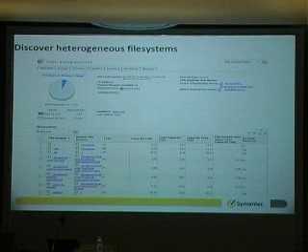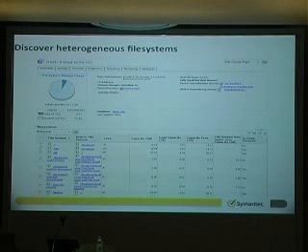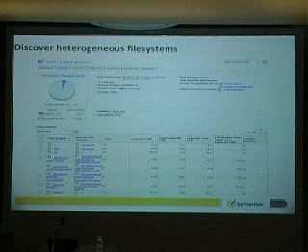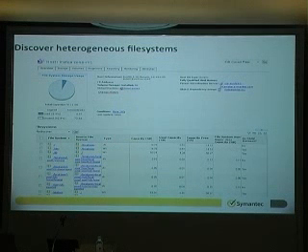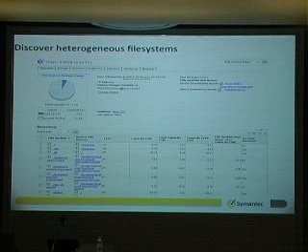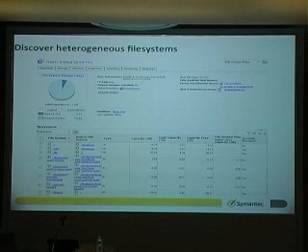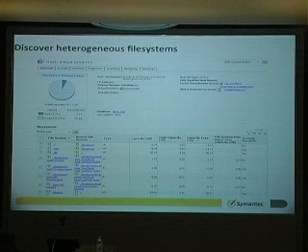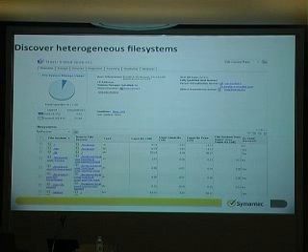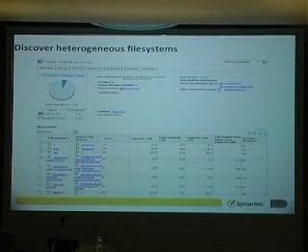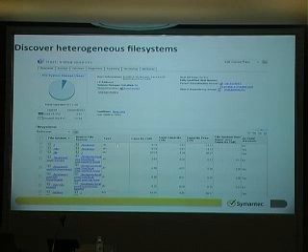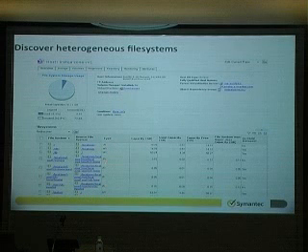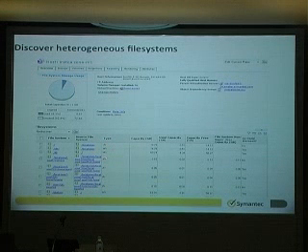If you drill into a host, for example, this one we click onto a particular host, we drill down some more, you can see all the file systems in that host, because every host can have more than one file system. If it's a Windows server, you have at least a C drive, then maybe you have a D for data and so on and so forth. If it's a SQL server, you may have many mount points. And in this Unix server, there are also many mount points. So for this host, you can see that it has so many mount points, and they come in different file systems. You have UFS, you have ZFS, you have